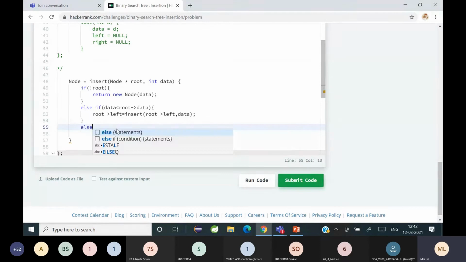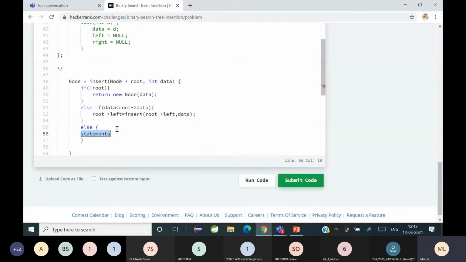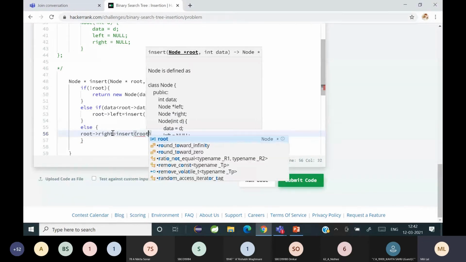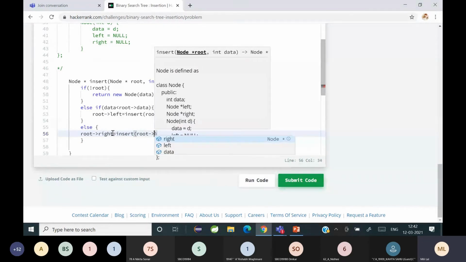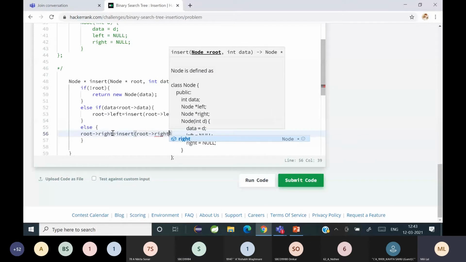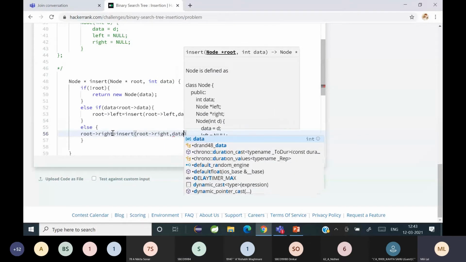Else, what are you going to do? If it is greater, you will set root.right equal to insert of root.right comma data.